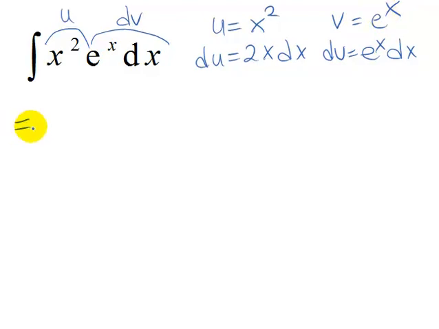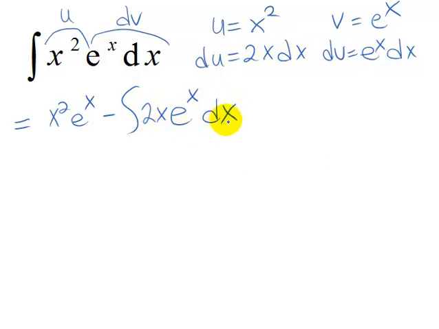So applying the integration by parts formula, this will equal uv, so that's going to be x squared e to the x minus the integral of v, that's e to the x, du. du is 2x dx. I'm going to put the 2x in front here, dx. Now looking at this, we didn't get this completely integrated. We still have an integral there, but we've actually got it one lower power of x,